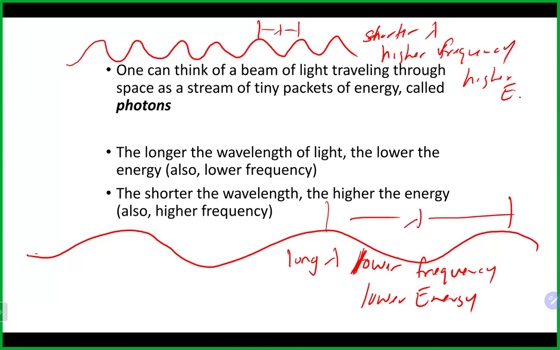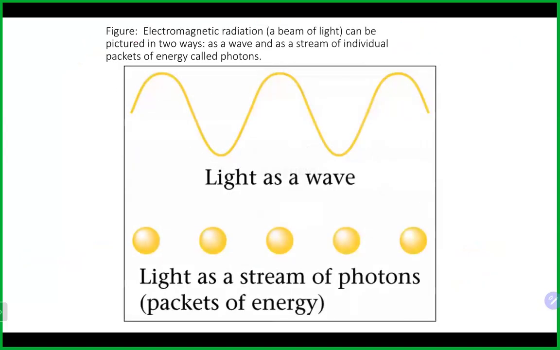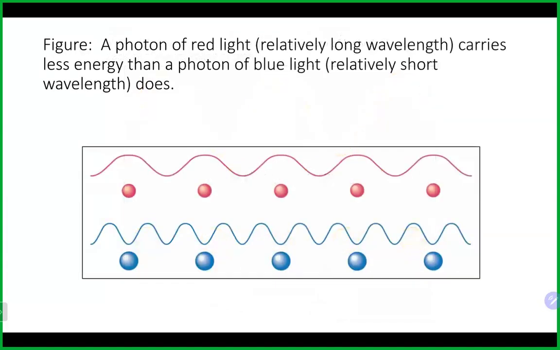So things with very small wavelength pass through the points a lot of times per second, carrying a bigger punch, if you will, in terms of energy than things with a longer wavelength do. Any questions on that there? And again, here we can think of something like this as having wave-like function, and we could also think of it as a stream of particles packing a certain amount of energy associated with it. Even within color, we see the difference in terms of energy. Red here, which is what we see up here, has a longer wavelength. It's actually low